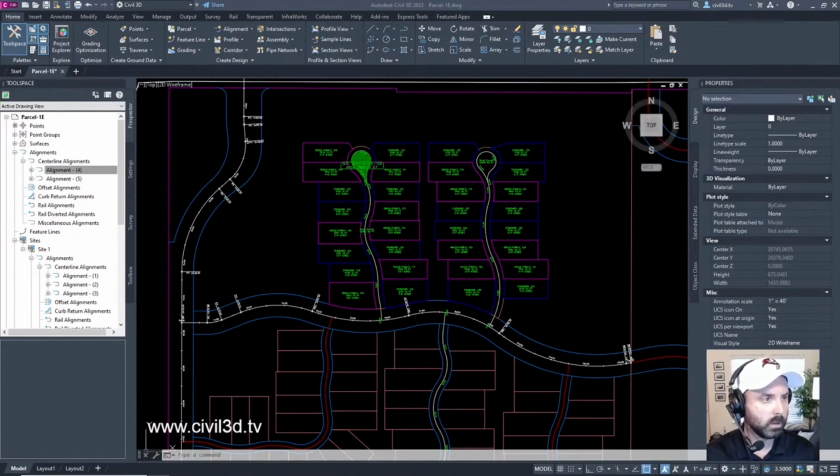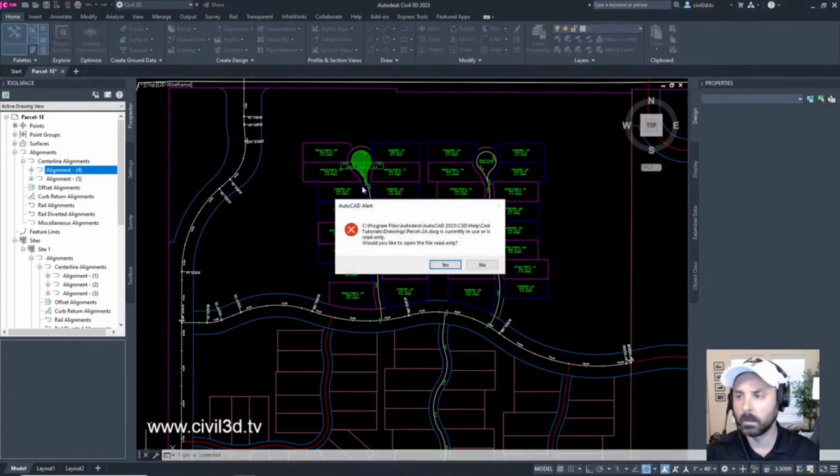Oops, I think I took a wrong turn. There we go. Drawings. Parcel 2A. There it is. It's in read only. You can see here's the path in order to get to it.